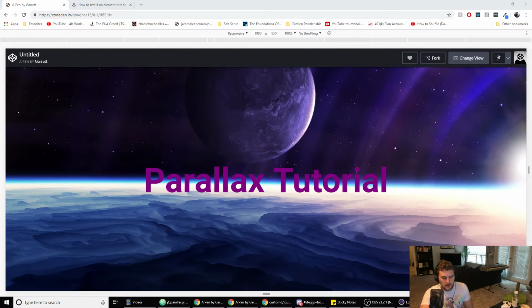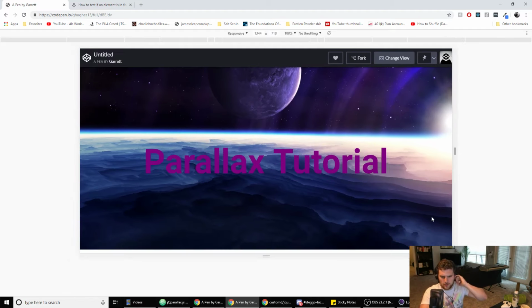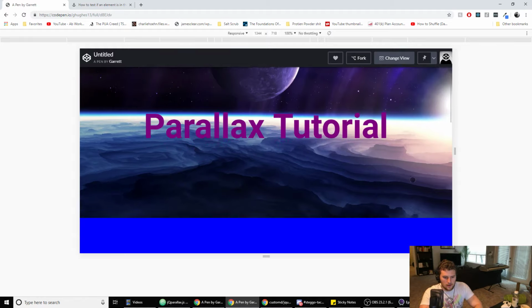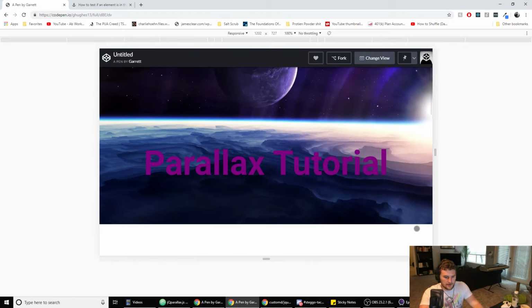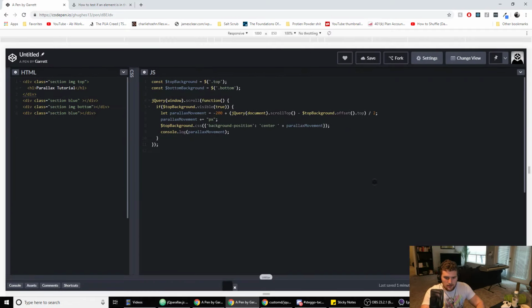So one other thing, you're gonna have to compensate or adjust for the screen widths a little bit. So let's say we refresh right here. Okay, there's still a little bit of white space here. We'll shrink this a little bit more to make it more noticeable. So yeah, right there, there's a little bit of white space. So you can either do background size like 125%, and that'll zoom in on the background more, and that can get rid of it. Or you can go to the editor view, and we'll just use